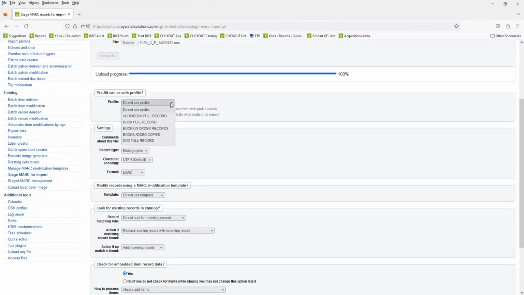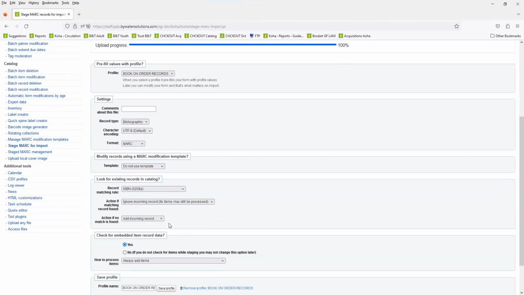So again, this was kind of a lazy way to think, oh, I won't make these mistakes, because sometimes, as you guys know, like just on order records, I'm just matching, these are for books. So it's ISBN, ignore the record, because we could have a full record at that point. Add record if no match is found, and always add items for on order records. And then when I have the full records coming in, again, matching on ISBN, replace the existing, and then add, and then replace, because I'm replacing the items because I want it to overlay with the barcode and that